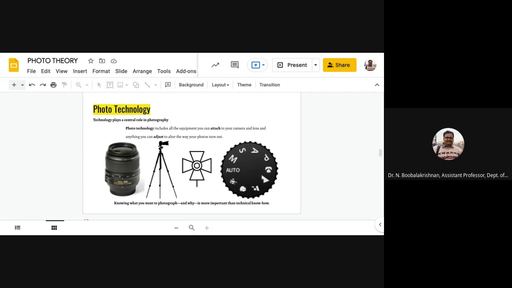If you have a solid understanding of photographic technology, your attention will be freed. So if you have good knowledge about the technology or the adjustments in a camera, then your attention will be freed. You can concentrate on your subject and make decisions about your visual design. The three things I said: content, form, and technology; content, subject, design, and technology.